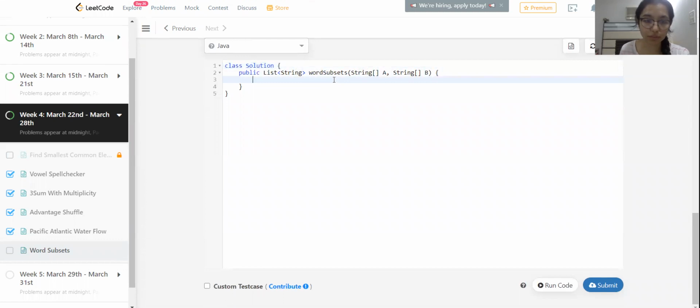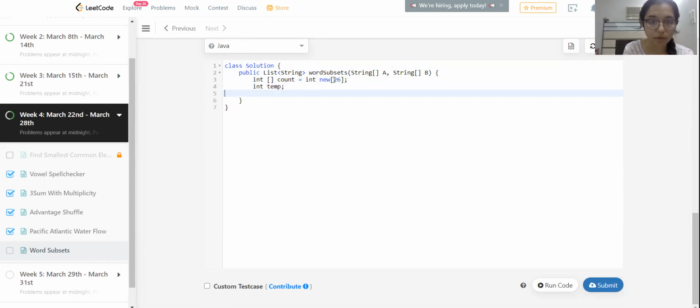Let's try to code the solution. We'll make an array of count of 26 size, and we'll also create an integer temp.